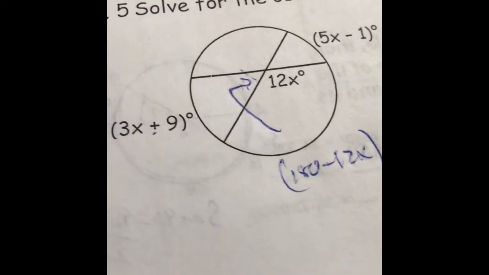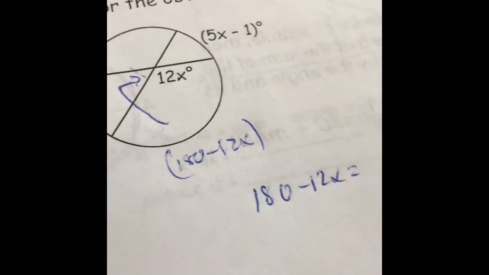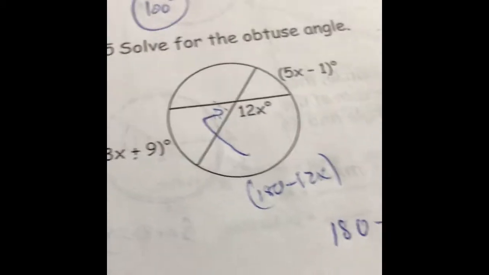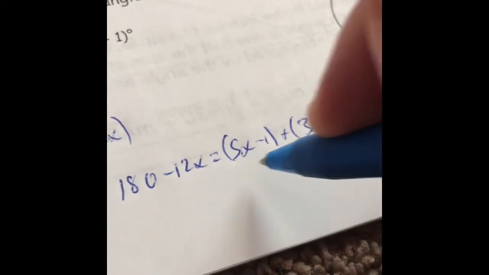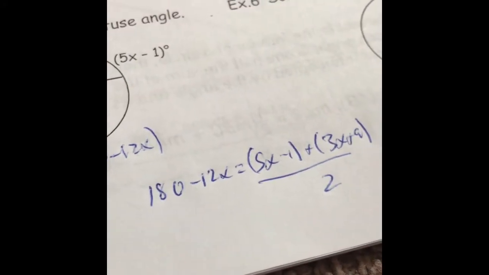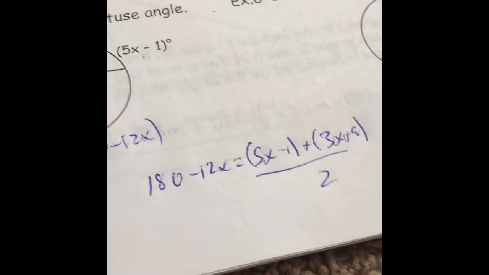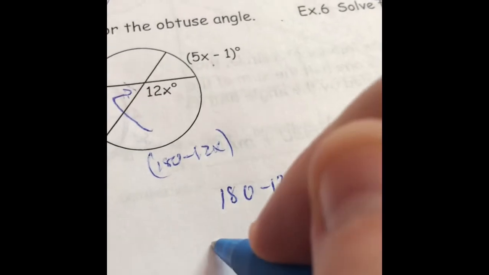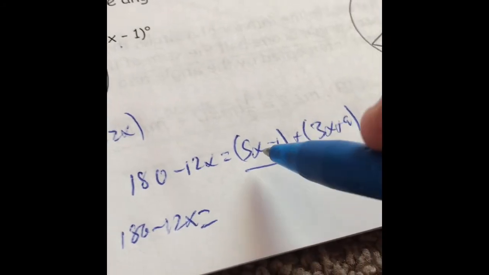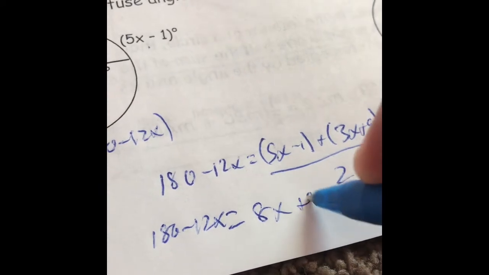So anyway, remember, that angle of 180 minus 12x is equal to the sum of the two arcs that it intercepts divided by 2. So 180 minus 12x is equal to the sum of the two arcs that it intercepts, 5x minus 1 and 3x plus 9, divided by 2. Let's combine a whole lot of stuff here. So 180 minus 12x is equal to 5x plus 3x is 8x, negative 1 plus 9 is plus 8, over